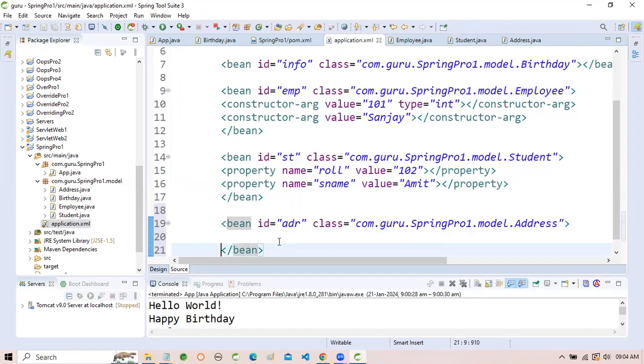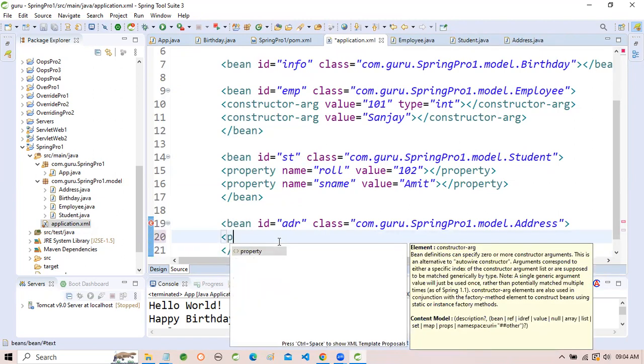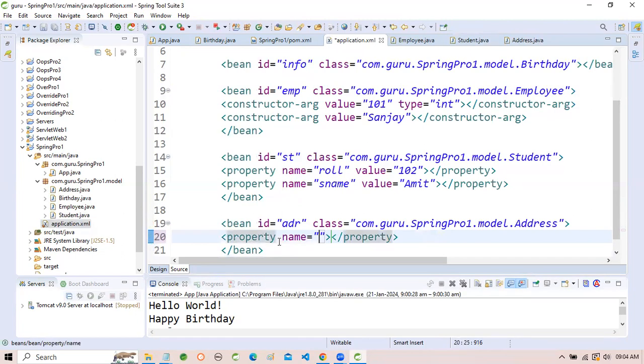Here we use properties. Actually, we are using the setter method, so we use a property like flat number, with value equal to